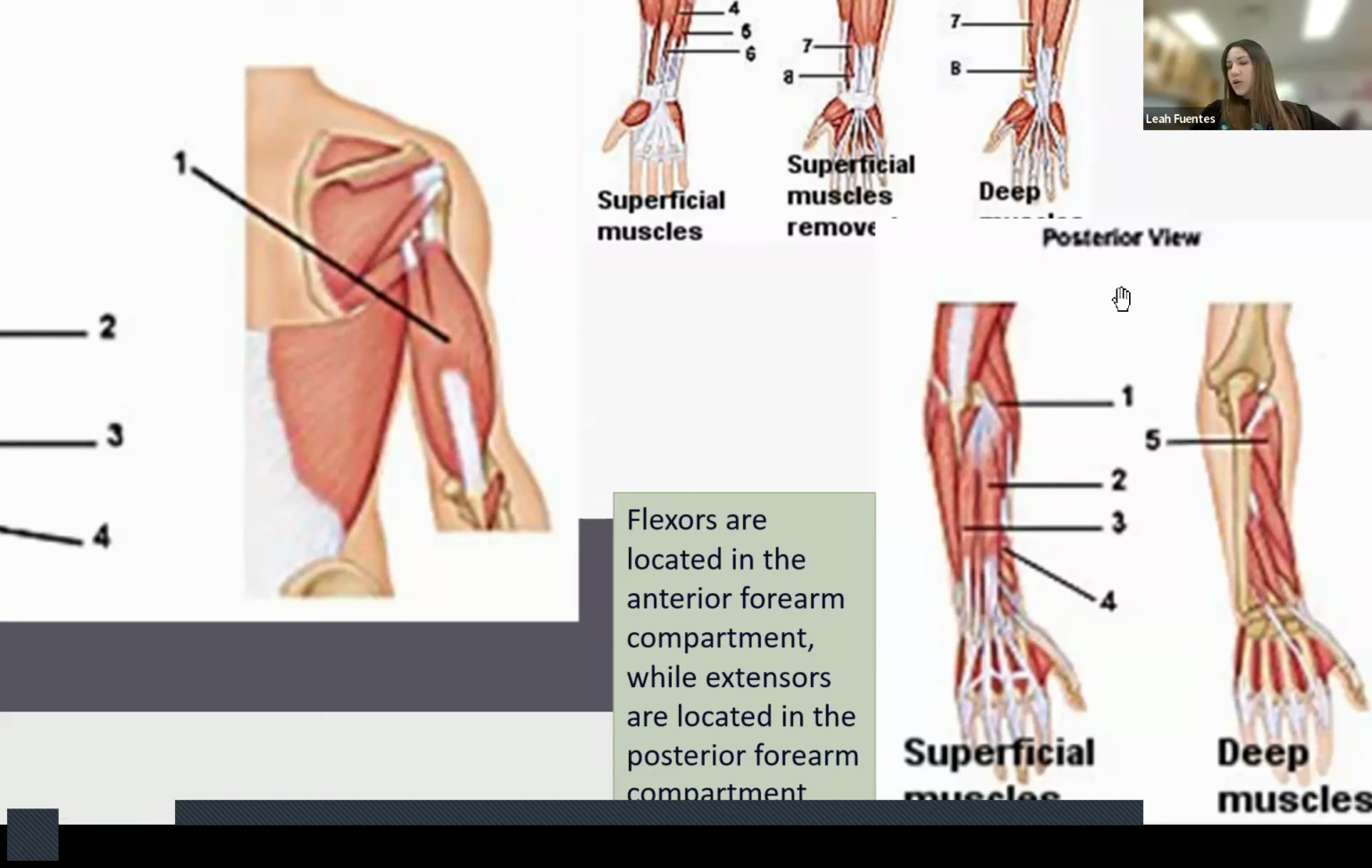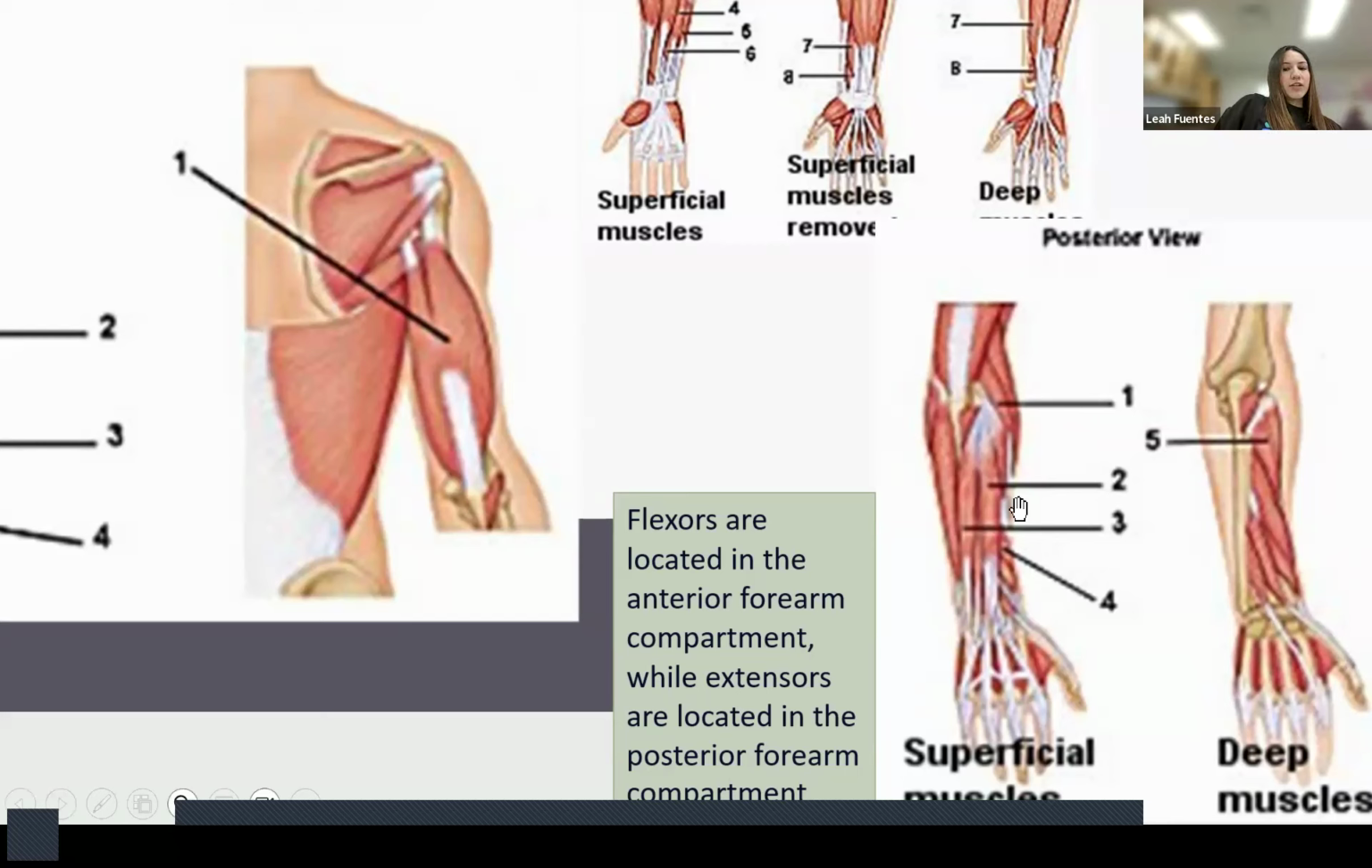I don't have all of them, but I do have some of them. So these are going to be the posterior. Does anybody have these labeled? Here we are. So this is going to be number 1. Yeah, extensor carpi radialis longus. Number 2,